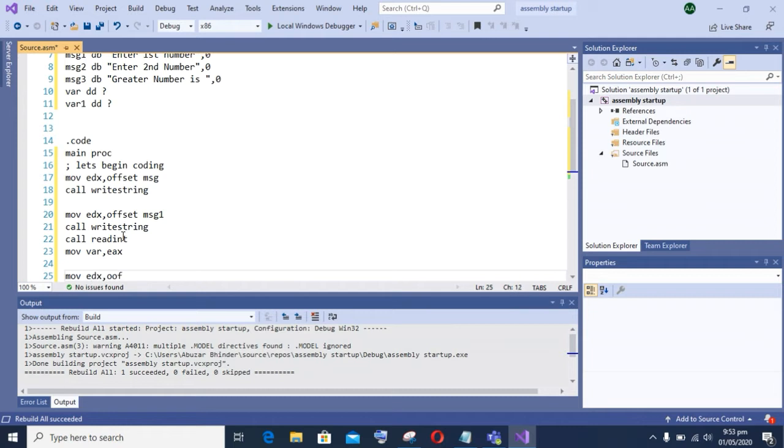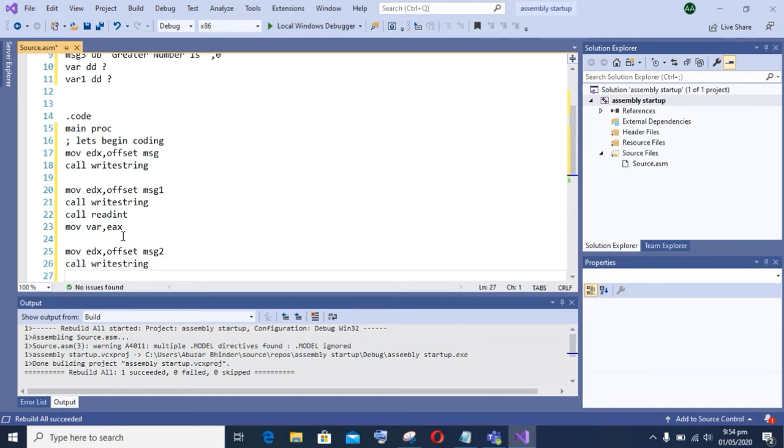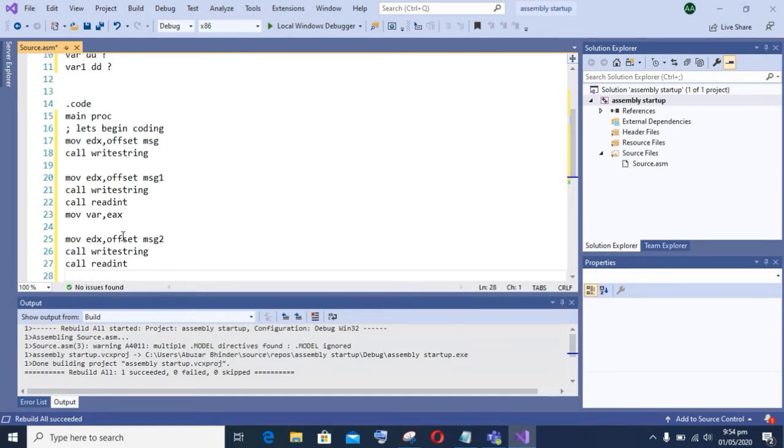And now I will display the second message, that is enter second number, on screen, and after that I will take the second number input from the user. Each time you will use call readInt to get input from the user. You can store the second number into a variable, as I said in my video that you can use variable 1 or not.